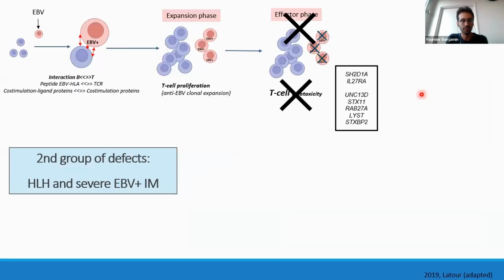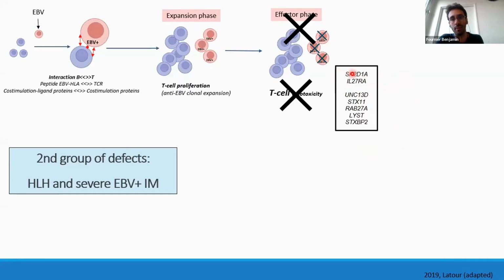So the second group of diseases related to EBV-infected B cells are related to HLH and severe EBV-related infectious mononucleosis. And this is related to a defect of the second phase, which is related to T cell cytotoxicity. And here, this is due to genetic defects of the cytotoxic machinery and granules. And here you have all the genes of familial HLH. You have also the gene of